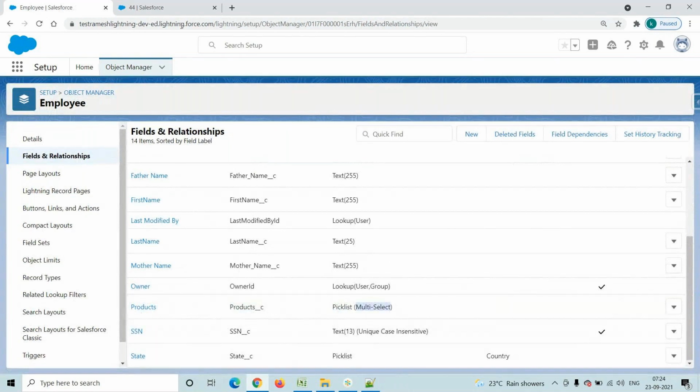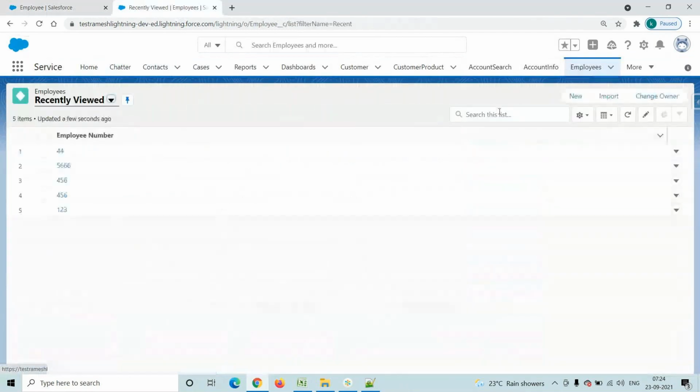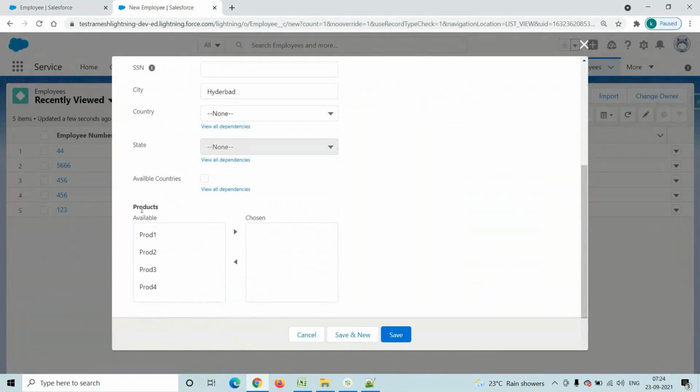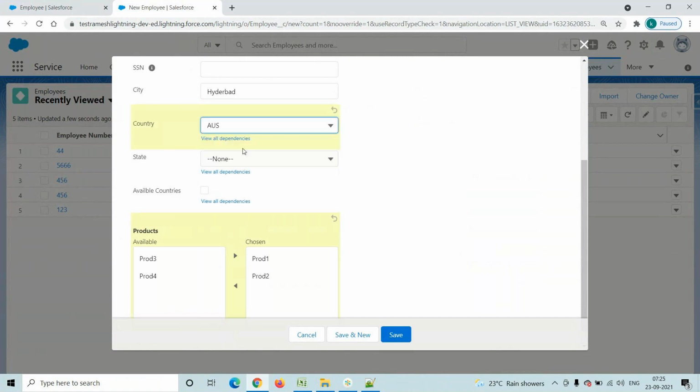Now go to the front end. The front end is nothing but a tab, right? Click on this one and click on this new button. Now go to here, products are there, right? Here you have to observe, this is a multi pick list, meaning we will select multiple values at a time. That is multi-select or multi pick list. But in this one, how many values are we selecting? Only one value at a time, right? This is a pick list and this is a multi pick list.